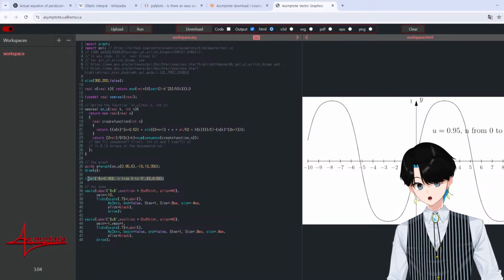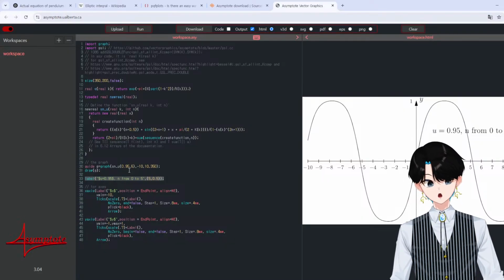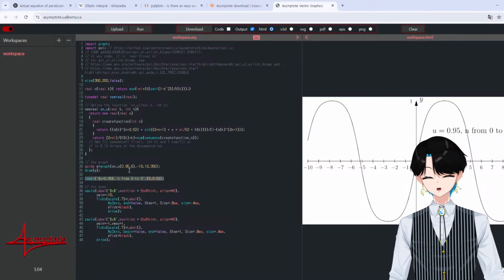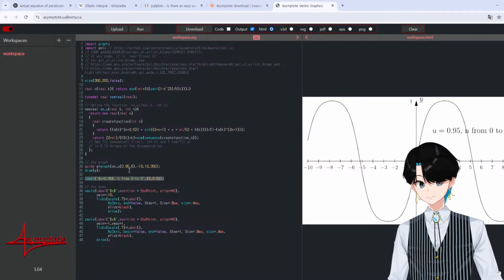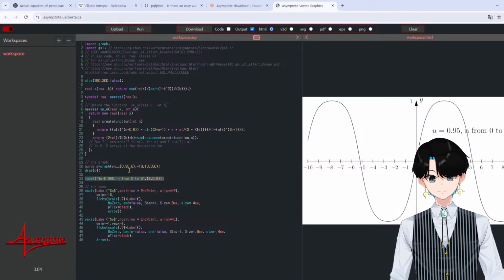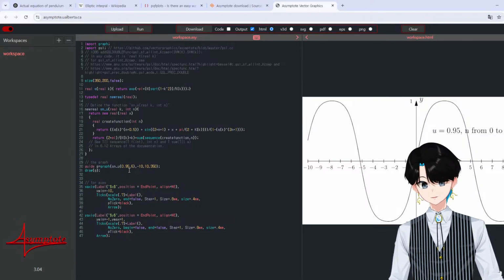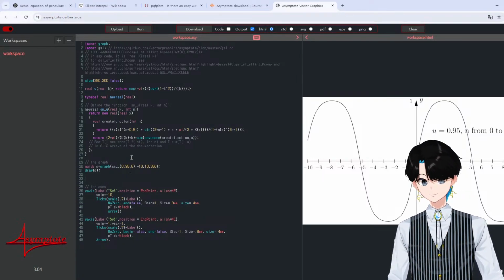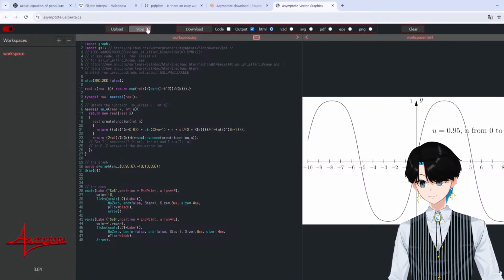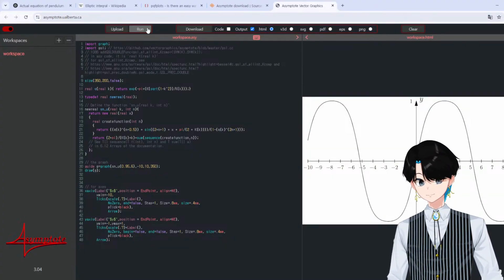We don't need labels here. I have never learned computer programming or coding in my entire life. What am I doing right now? What if I do this? Will it just return an error or something? No. Okay. So I will disable the label, but